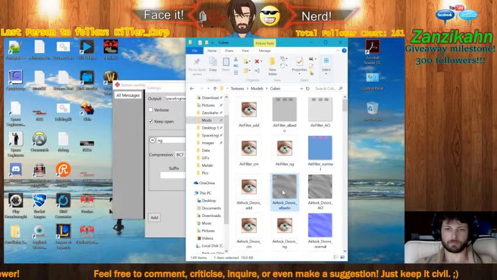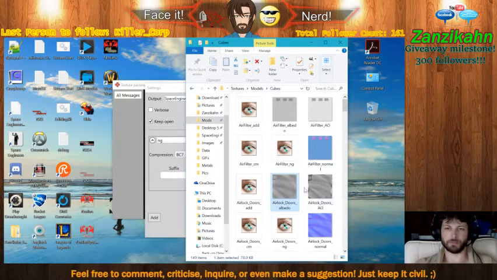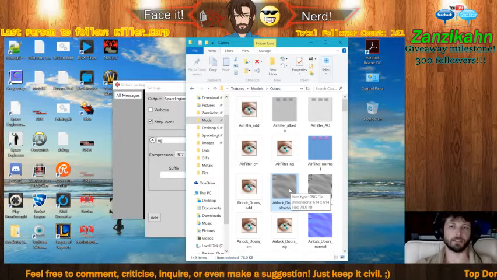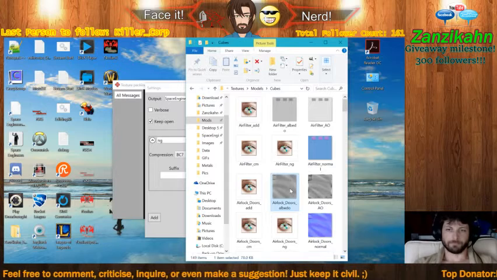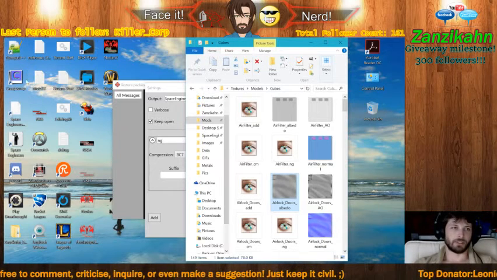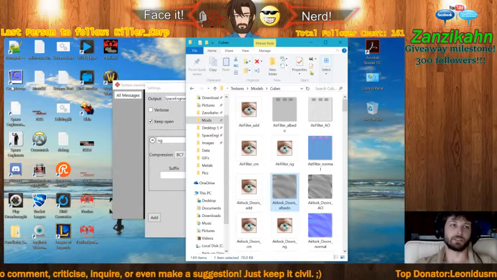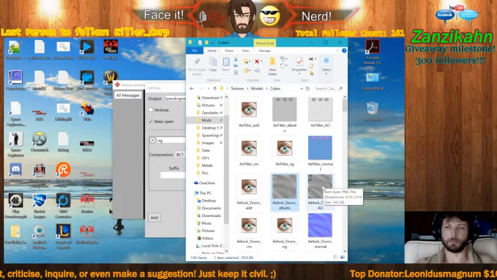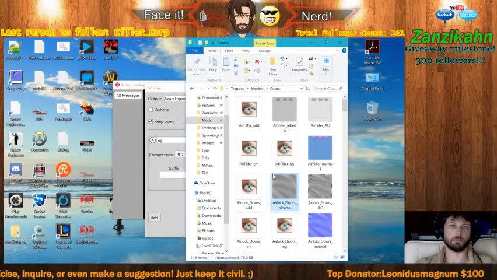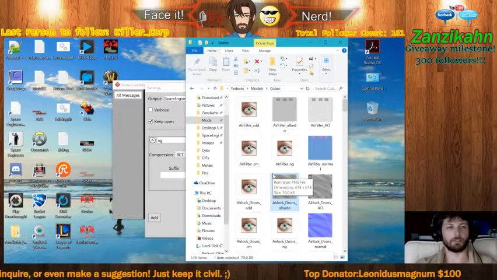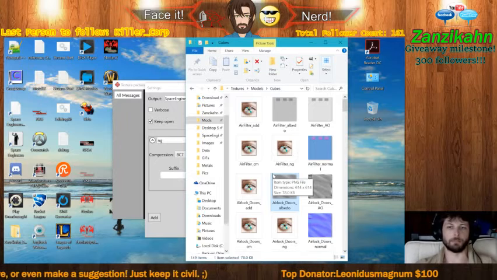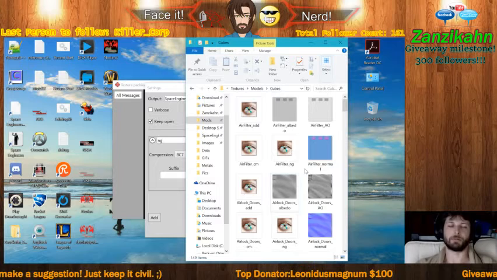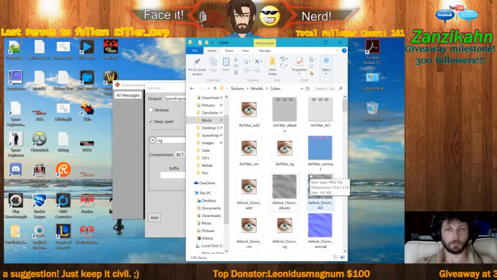So what you want to do is, your albedo is the actual texture that people are going to see on the block. I like to use Crazy Bump to make my albedo into a normal map and an AL, but if you're familiar with doing normal mapping and all that, you don't need to use Crazy Bump at all. Crazy Bump is really just so you can quicken that process of making your normal map. But anyways,